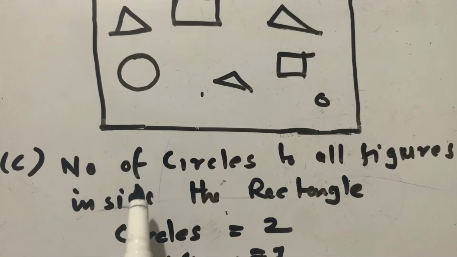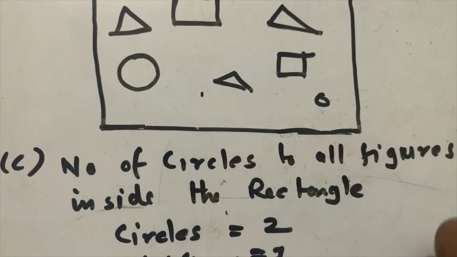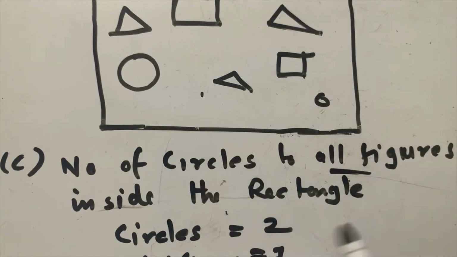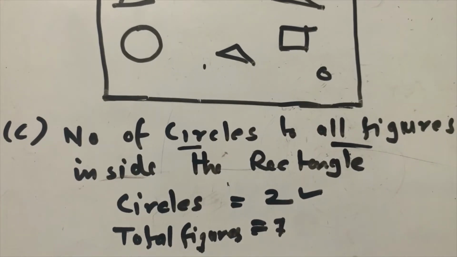We have to find the ratio between the number of circles to all the figures. Ratio between circles and all figures. So number of circles 2 है, and total figures is 7. तो रेशियो क्या होगा? Therefore ratio is equal to